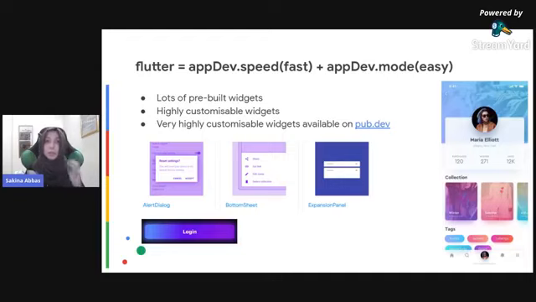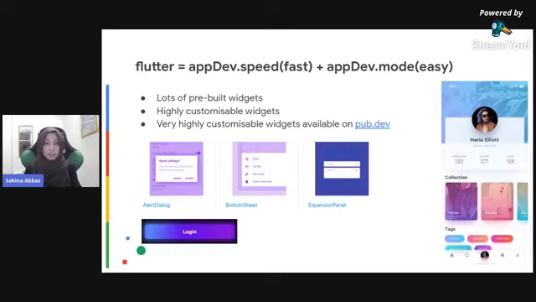And then for those widgets that are not present in Flutter itself, you can find them on pub.dev, where third-party contributors have built their own widgets for their own use cases, and they've published them on pub.dev for others to use. So it's just a single line of code for importing it, and then just very small code snippets for basically using them, right? So a lot of widgets, pre-packed and highly customizable.